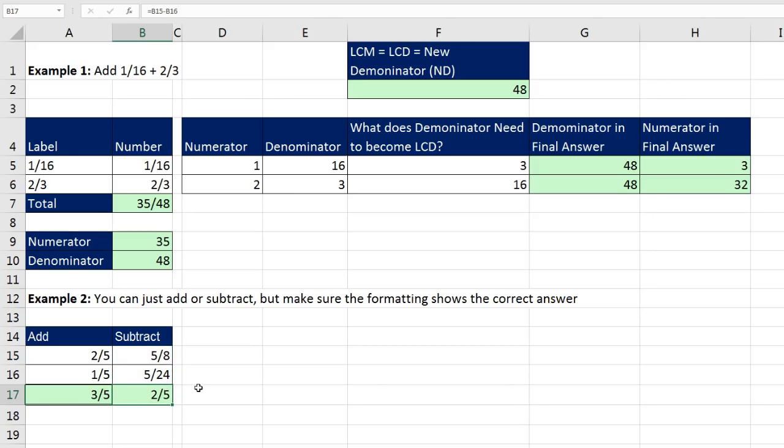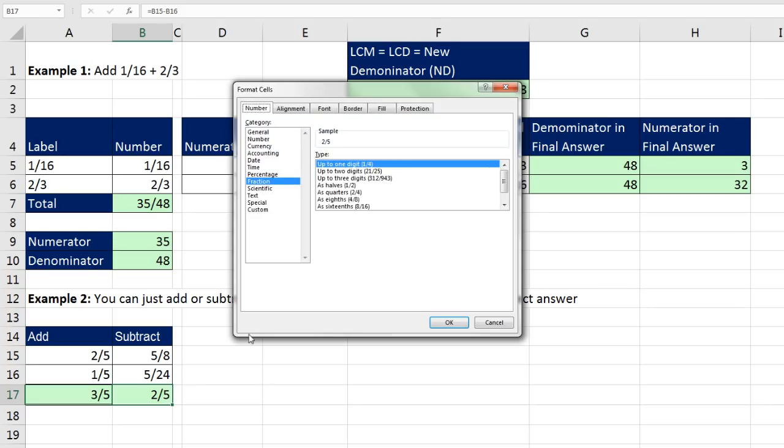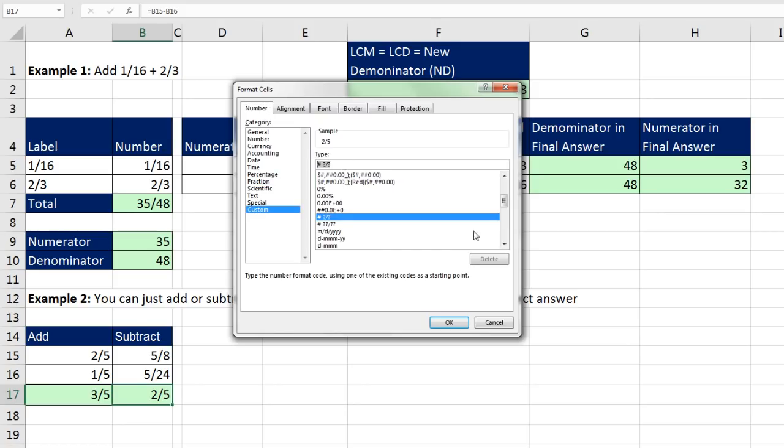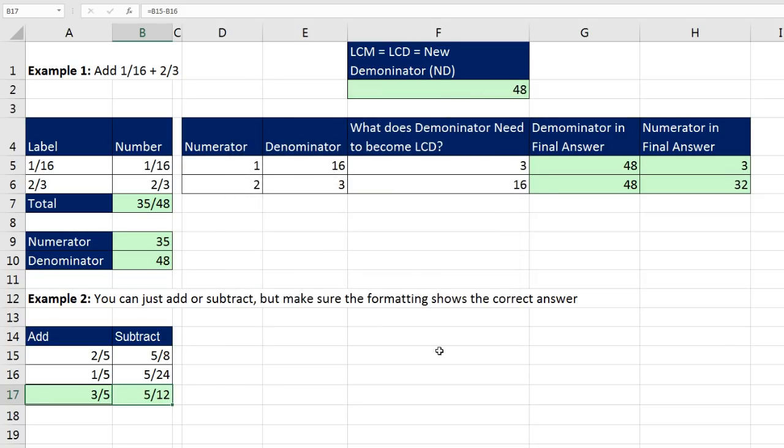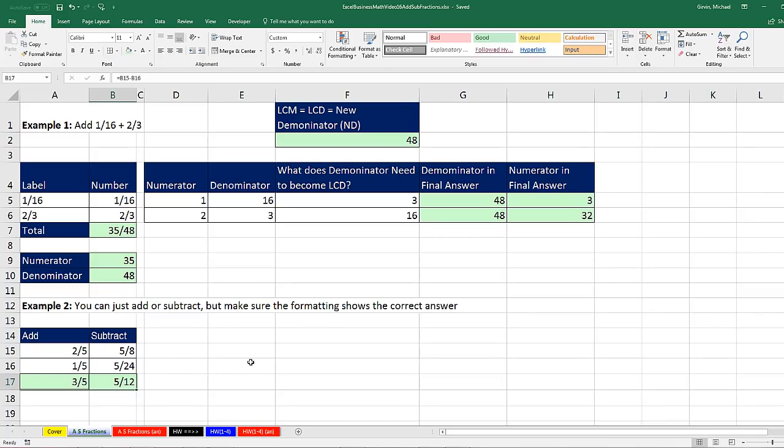And as we know, that is not the correct final result. The number formatting is displaying it as a different number than it actually is. Remember, our final answer was 5/12. So Control 1, and I want to come down to Custom and highlight question mark slash question question, and there we can see our sample. Click OK. All right, so that's a little bit about adding and subtracting like and unlike fractions in Excel,